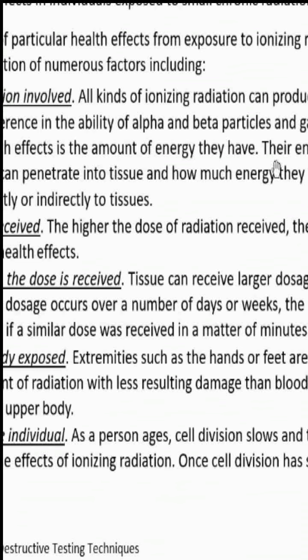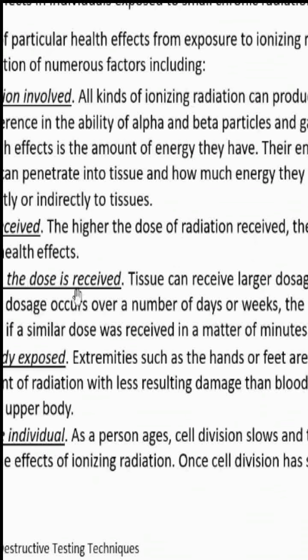So how many points? Type of radiation involved. What are the two types of radiation we are talking of? Gamma and X-ray. The other is a story. Only remember gamma and X-ray. Size of dose received: that is the amount, the Röntgen value that you are receiving, and for how long. What is the time that you are receiving it continuously.